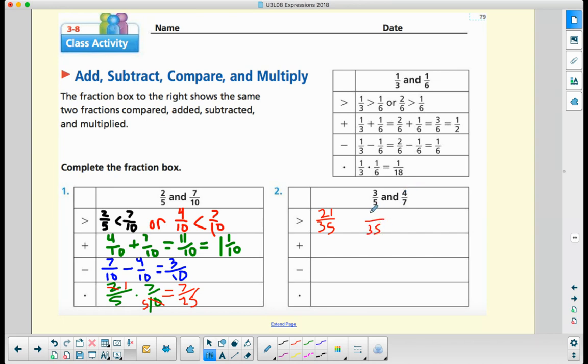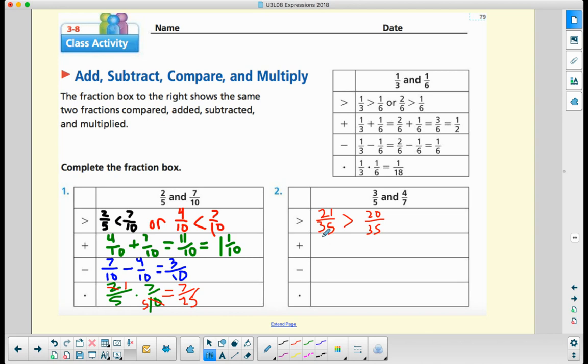So 4 multiplied by 5 is 20. All right. Now I can compare numerators because my unit size are 35ths. 21/35 is greater than 20/35. All right. A lot of work to compare them, but I need them to have the same denominator to add